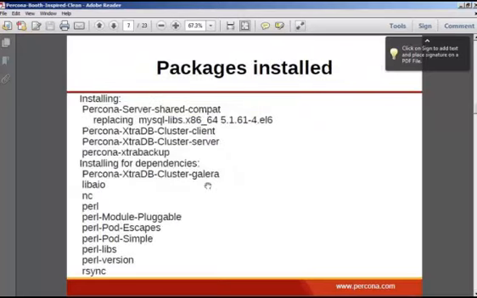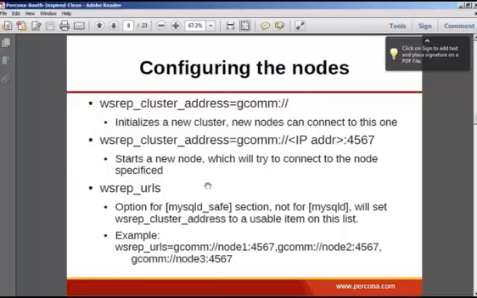Okay, so this command above installs the following packages. So these are needed. When you yum install, you can check that these are really installed based on this slide. And the next step after installing is configuring the nodes. In the configuration part, we have some XtraDB Cluster specific information, but I would like to focus on getting things